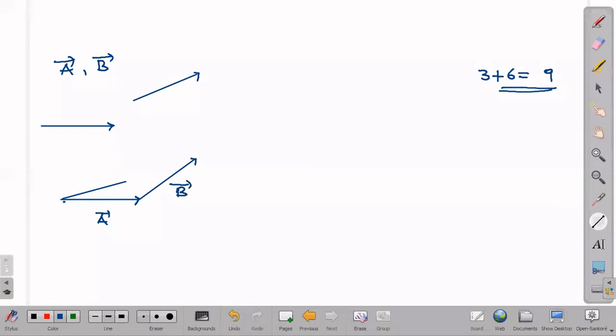First vector tail to second vector head, we will draw one vector, and whatever we have drawn here will give us a resultant vector. Resultant vector I am taking as some R. Okay, so now what we can write from this? R bar is equal to a bar plus b bar. So this is how we add vectors.